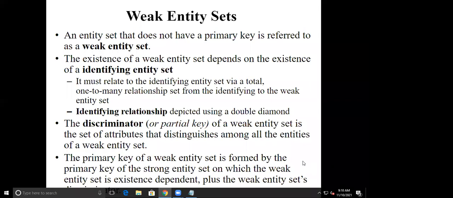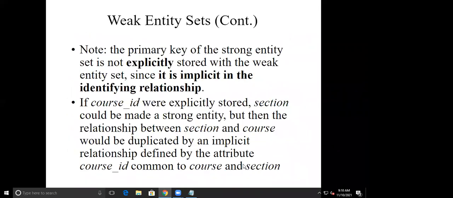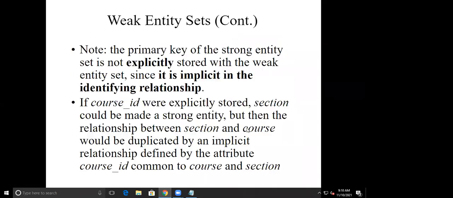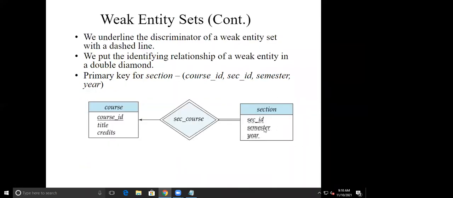So combined, this forms our primary key. So we use a dashed underline in order to represent the attributes of the weak entity set. Yes, then the primary key of my strong entity plus the discriminator attributes of the section will form the primary key of a section.